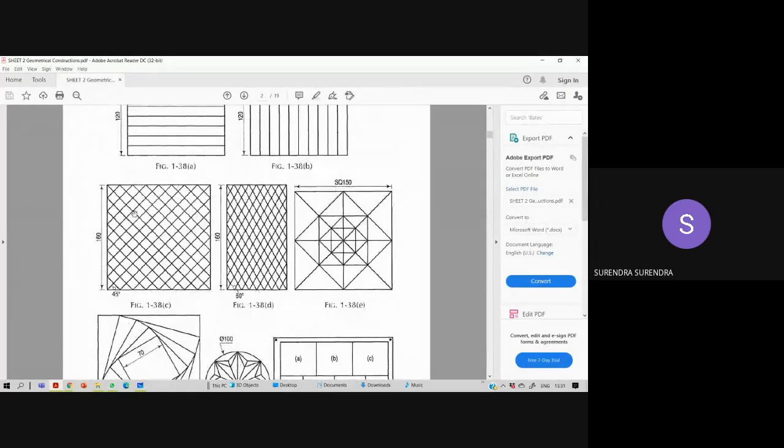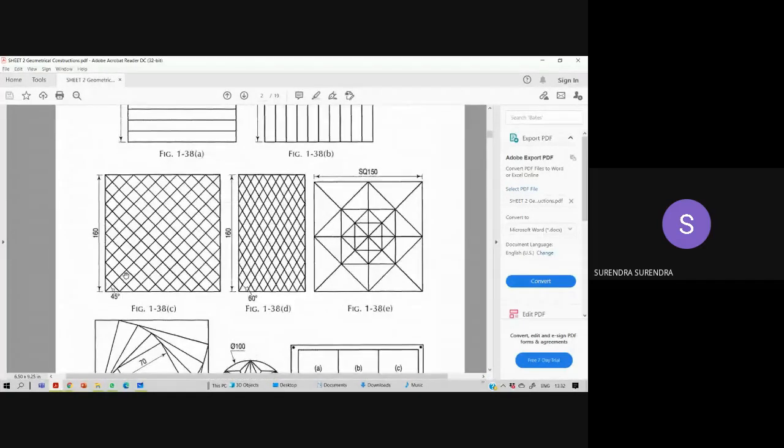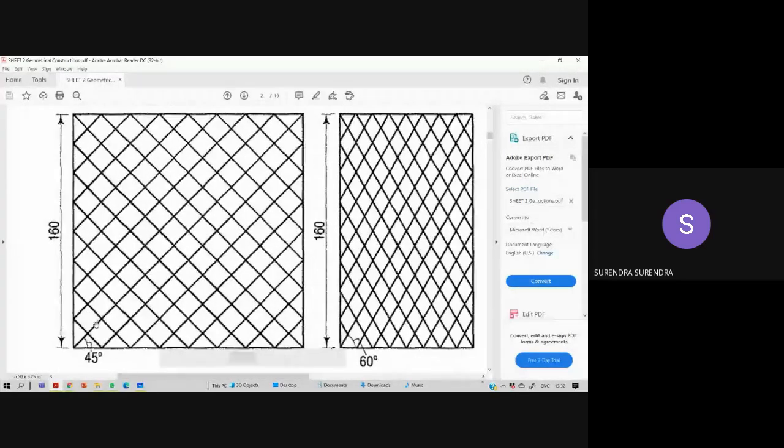And coming to the third figure, first draw the square of 160 mm length on each side. And next, fix the drafter scale along this diagonal. So can you see here? I'm zooming it. Fix one of the drafter scales along this diagonal first and draw the diagonal. And next, tighten the screw, move the drafter parallel to this and draw parallel lines inclined at 45 degrees. Similarly, on the other side, draw parallel lines.